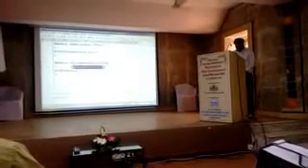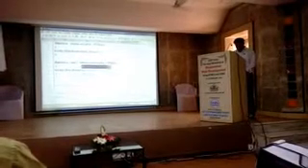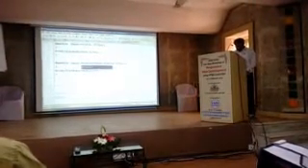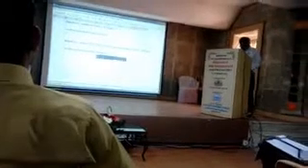Now minimum width is 320 pixels, and max-width is suppose 640, and I'm going to change the color to, suppose, black. Just check the output.